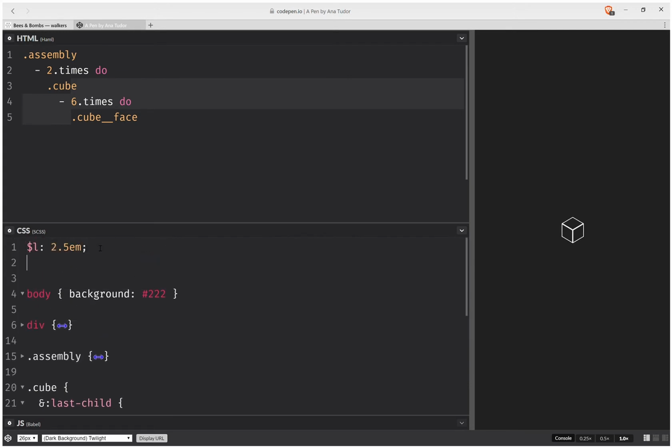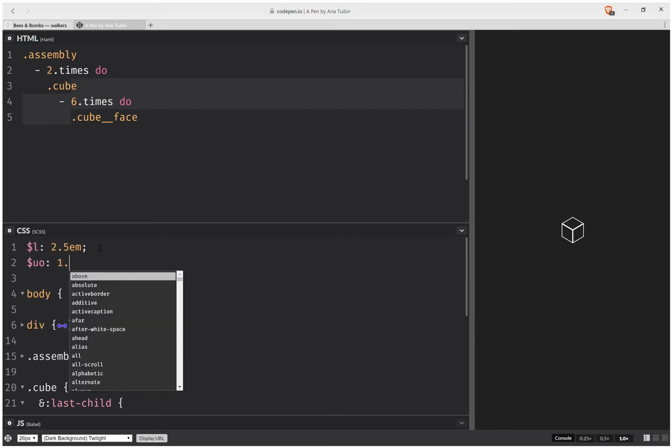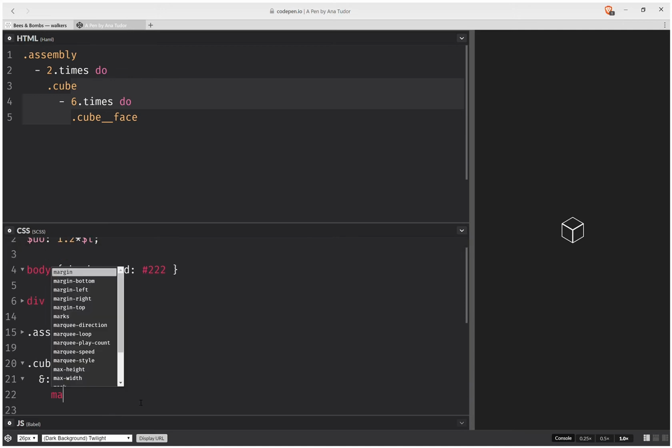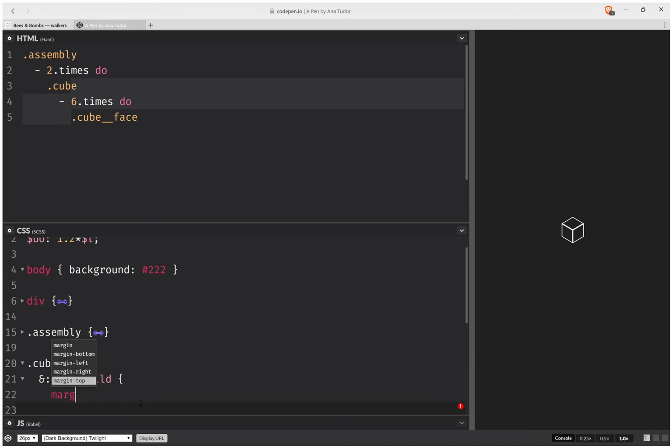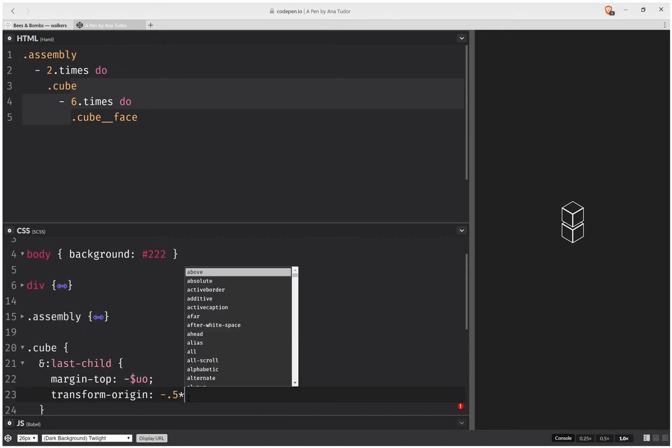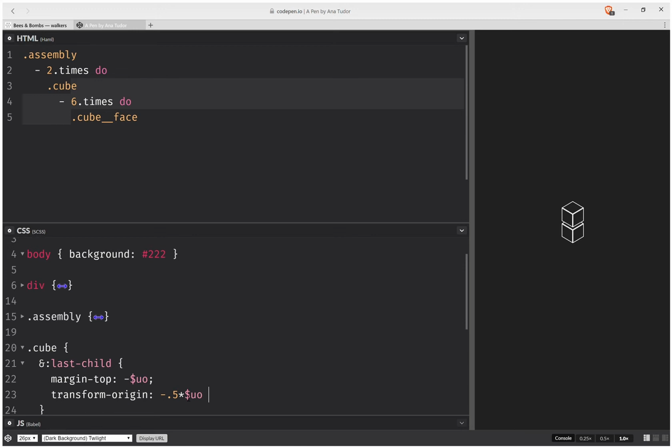So that's going to be a unit offset, and this is going to be let's say 1.2 times the edge length. So here I'm going to have margin top, okay, and I'm also going to have a transform origin, which is going to be minus half this unit offset, half this unit offset,